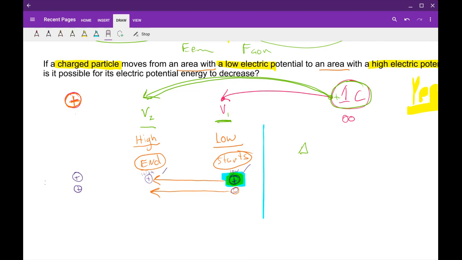So basically, your electric potential. I already screwed that up. Electric potential initial. How do I want to write this? Let's